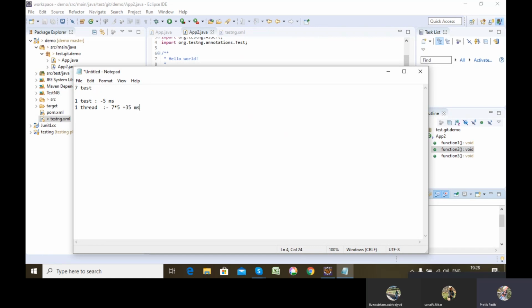But now as I am assigning 7 threads to 7 tests, each test is running in its own thread. Like test 1 ran in thread 1. Total time is 5 milliseconds.